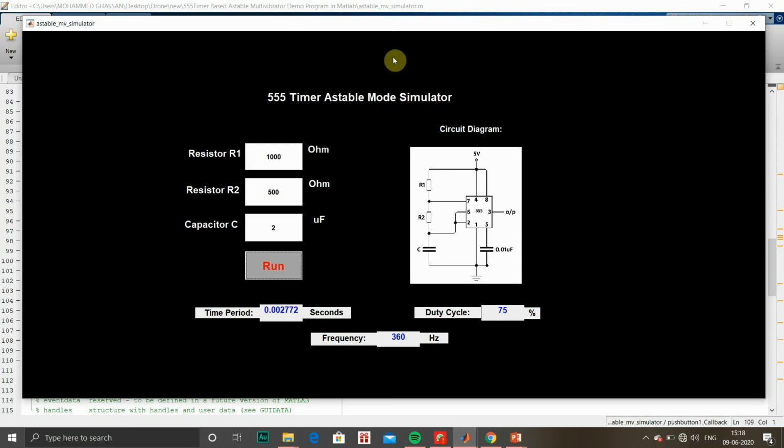So this is the output window we have got, and there are different parameters we have entered. If you want to change the parameters, I'll change the capacitor to 1 microfarad, one resistor value to 1k, and another resistor value to 4.7k, that is nothing but 4700. And this is the circuit diagram which we have discussed before. It will give a clear vision of which are the resistors, where they are connected, and how they should be connected for getting a particular duty cycle. Now we'll run the output.